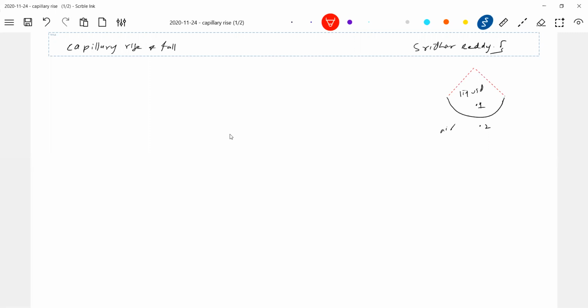Fine. So this will be the R. So then what are you going to write? You're going to write the equation as P1 equal to P2 plus 2T by R. Yes, this is the meniscus effect. Similarly, it can happen like this also, where